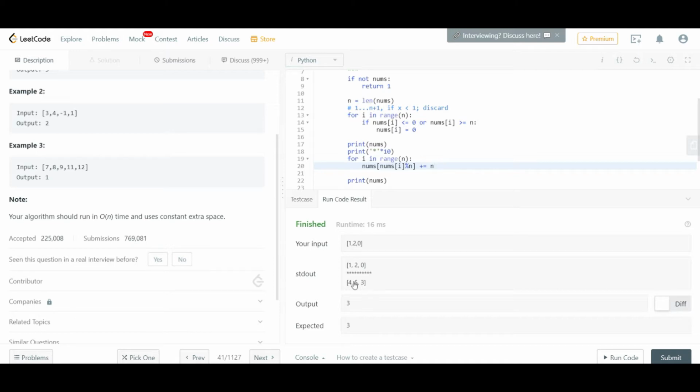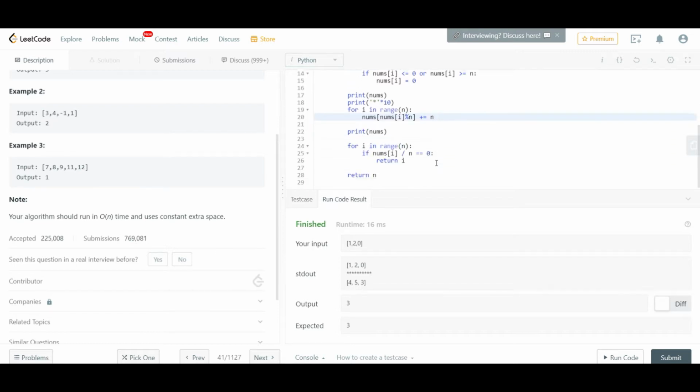a particular value, because as you can see here, all you have to do is divide by 3, which is the length. If it's divisible by 3, it means that that value has never been encountered, right? Again, pretty simple. I think one mistake which I've made, which I can see right now, is that